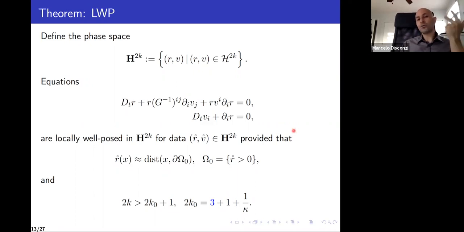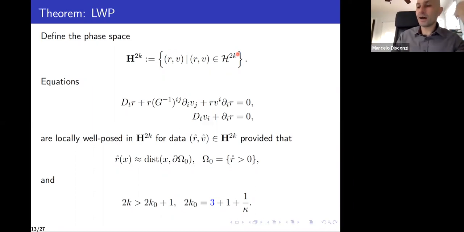And by local well-posedness, I mean local well-posedness in the usual sense: local existence of solutions, local uniqueness, and continuous dependence of solutions on the data with respect to the topology in this space, which is given by these norms. Now, the topology of this space is a little more complicated because, remember, for each time these domains are moving, but you can define what the topology of this space is. Okay, so that's the first result.